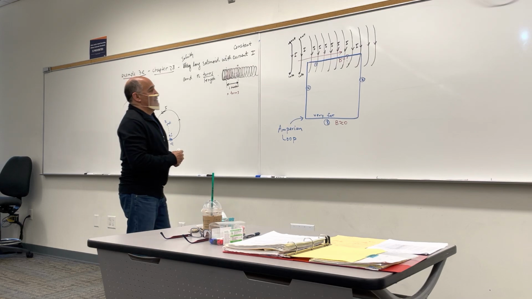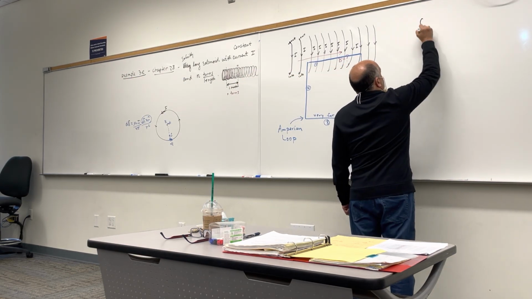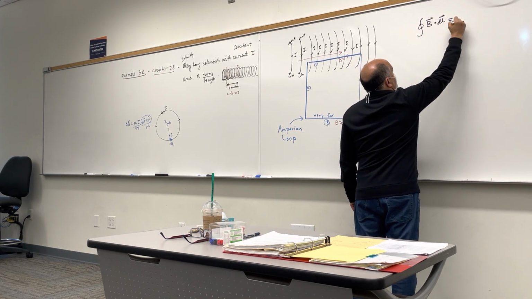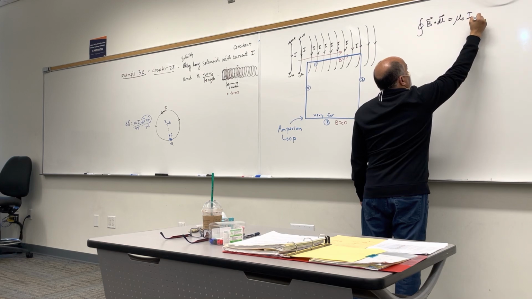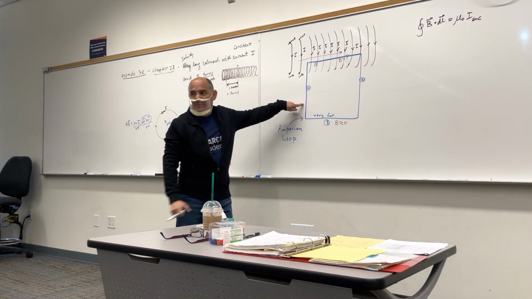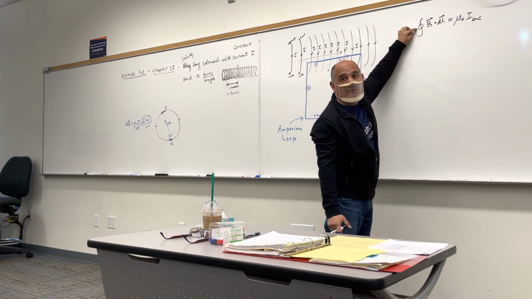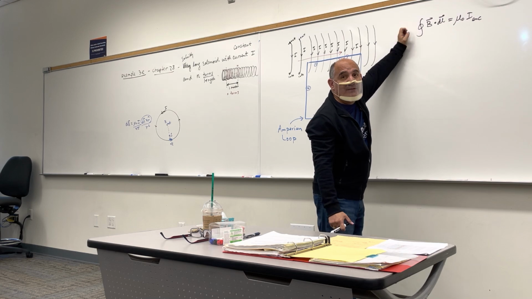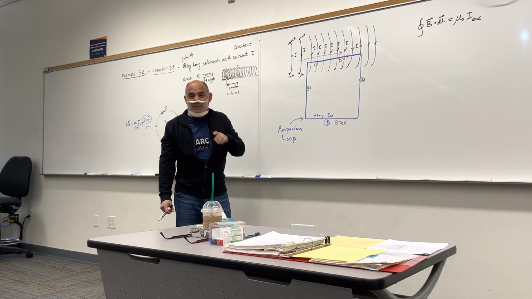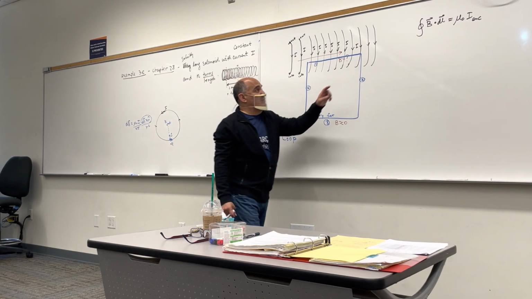Now, I write down Ampere's law. Now, this is the Amperian loop, the one in blue. So I have to do this integral. The circle means over the whole loop. And I split up this loop into 4 segments: segment number 1, segment number 2, segment number 3, segment number 4. So I'm going to split this